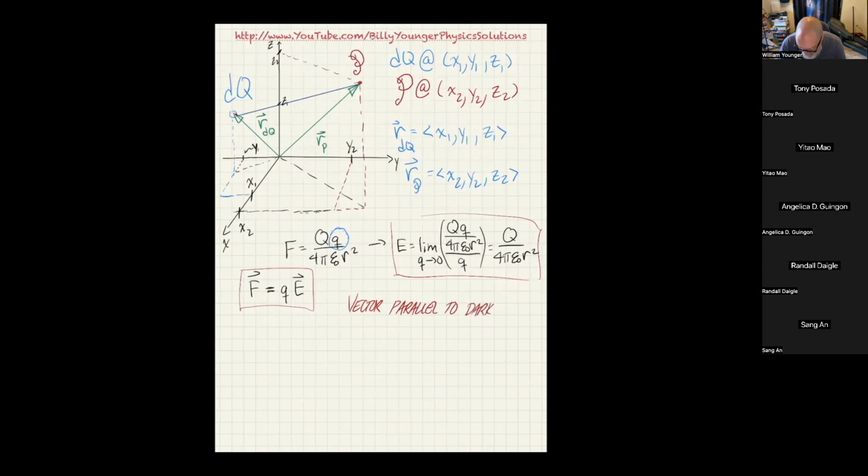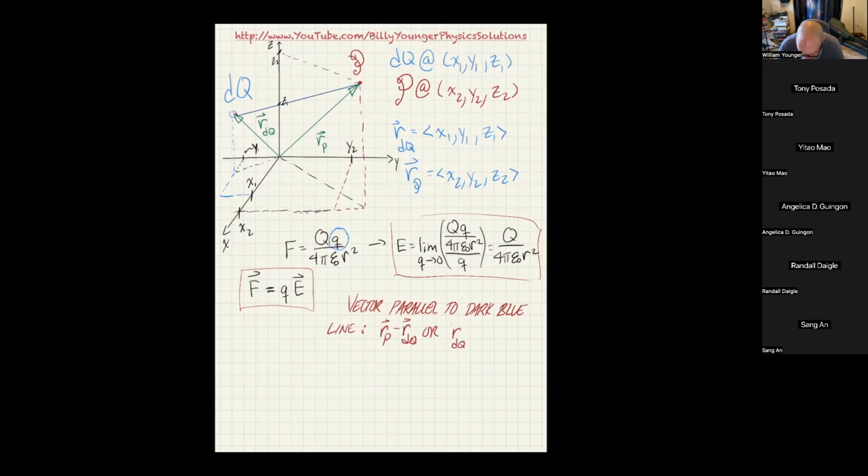No one? Okay. I didn't see anybody write it in the chat. Let me double check that the chat is available. No chats in there, so it wasn't that. All right, so you want a vector parallel to that dark blue line. The answer is either r_P minus r_dq or